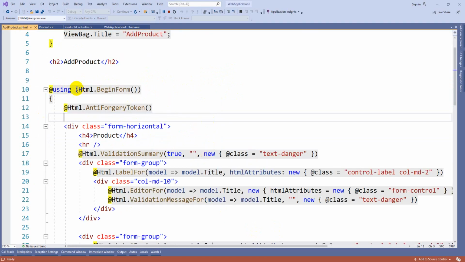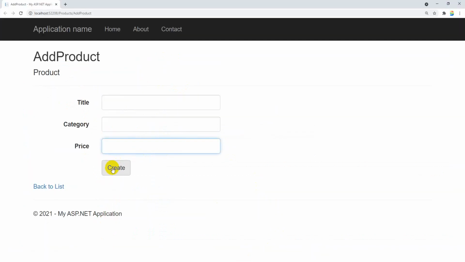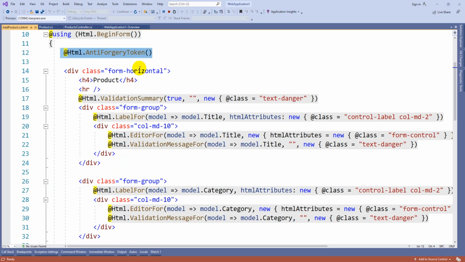Using Html.BeginForm, that is a symbolic representation of opening a form tag in our HTML. This particular method is C# code. HTML helper classes are going to create some properties. Html.AntiForgeryToken means, suppose by mistake the user clicks this create button more than one time, trying to submit it repeatedly, it is going to stop that.